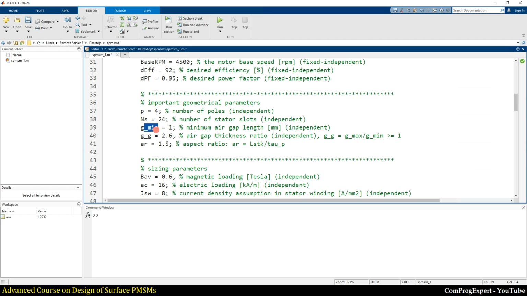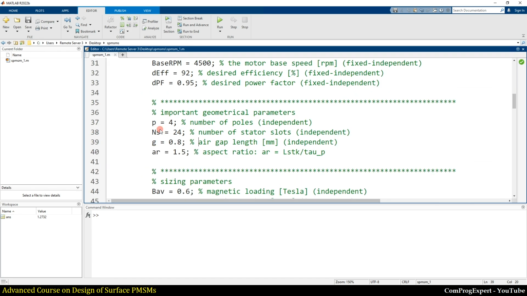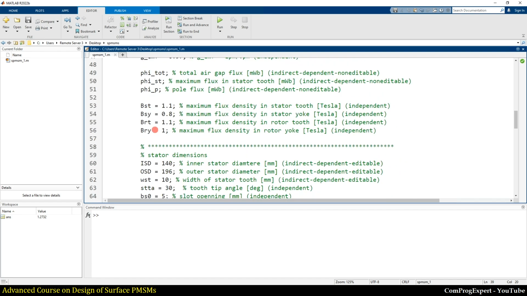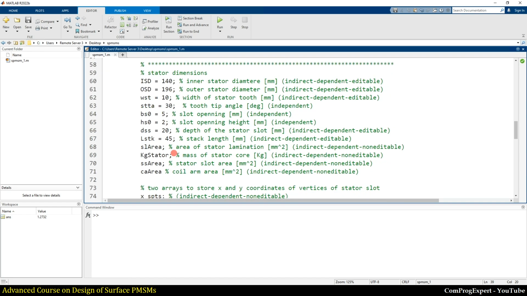Here we have this parameter, the air gap length. So I set it equal to 0.8. So this is the air gap length. I modify some more parameters because those parameters are for other models. And we have these sizing parameters. We modify these parameters later.